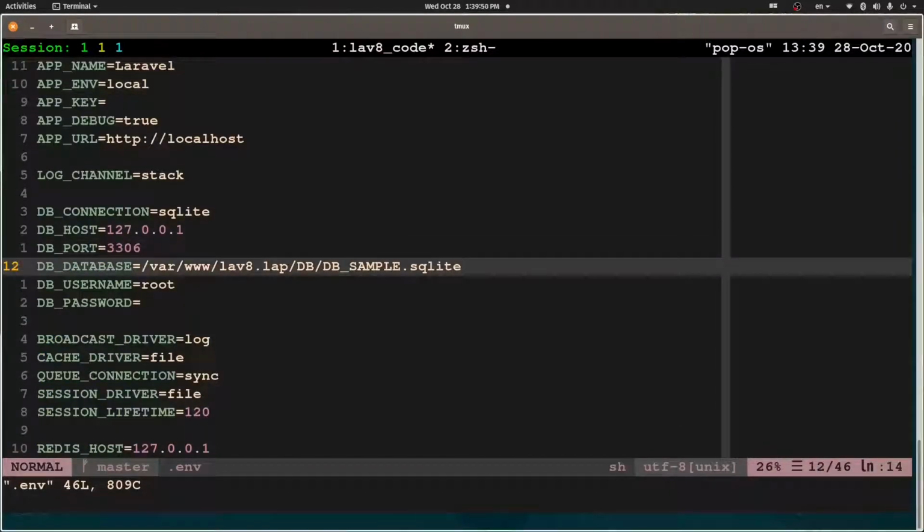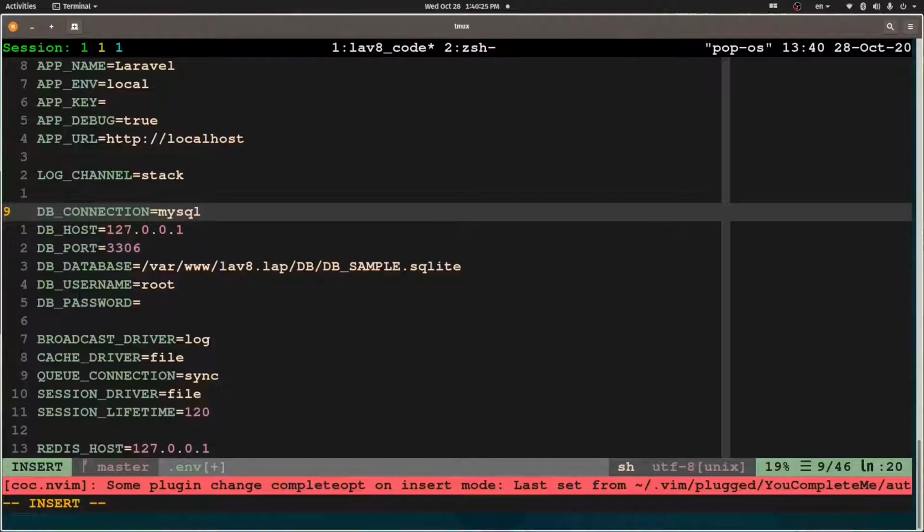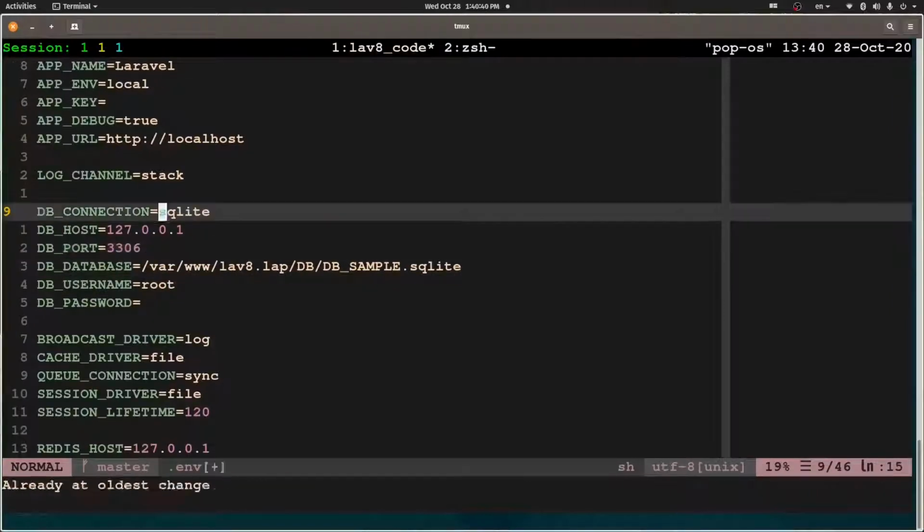So you'll see that at the line database here, I got /var/www. This one is my old one that lives inside my computer, right? You guys cannot use this. By the way, just to let you know first, if anyone uses MySQL, all you have to do is change right here to MySQL, and then down here you just put the login credentials. But in my case I use SQLite, so we don't have to do this. I just put it back the same.